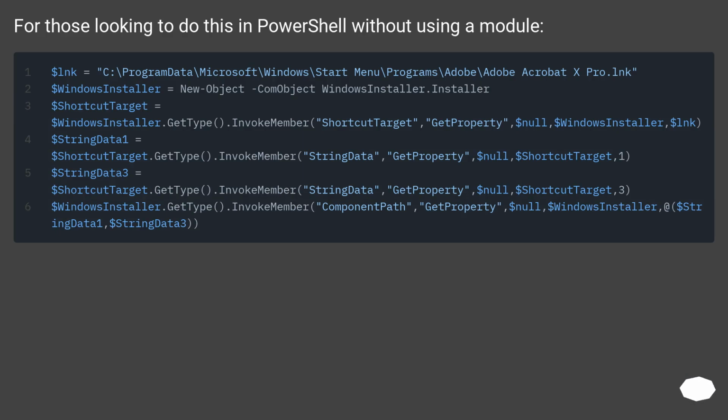For those looking to do this in PowerShell without using a module,